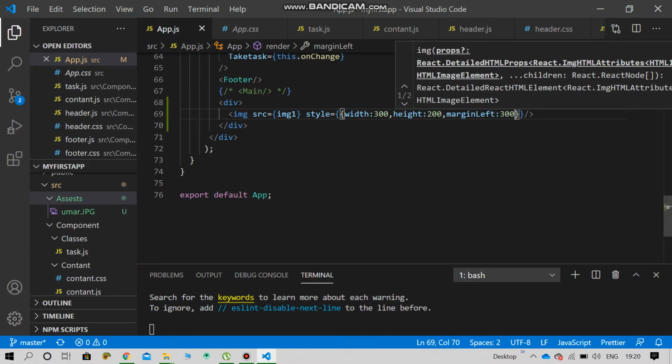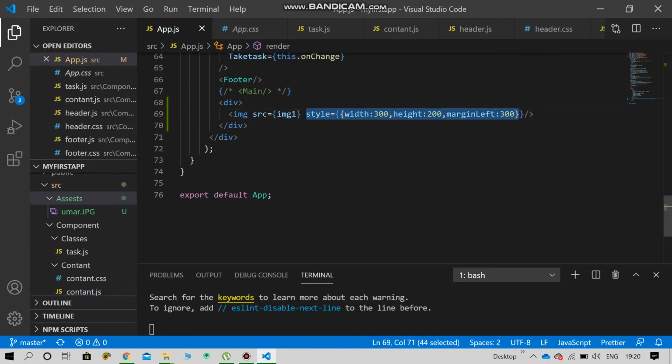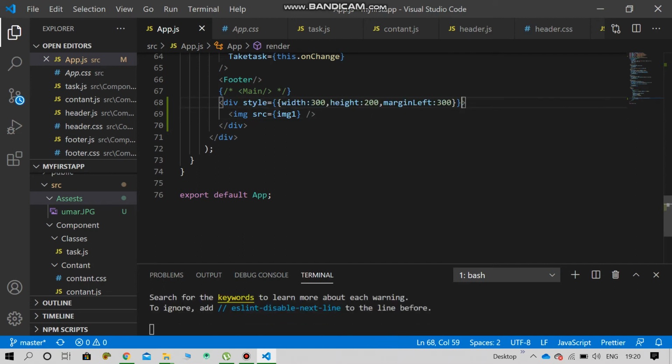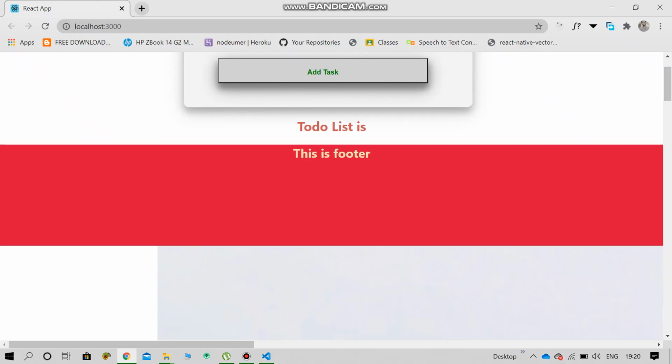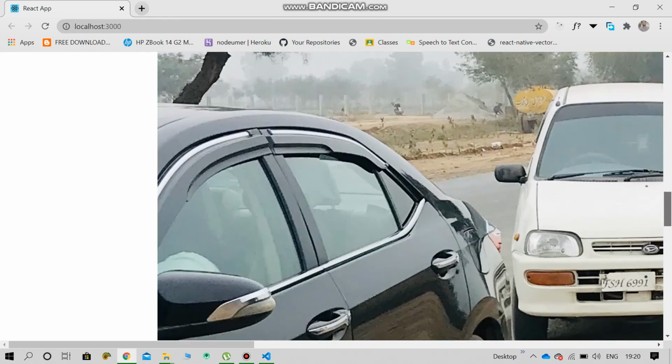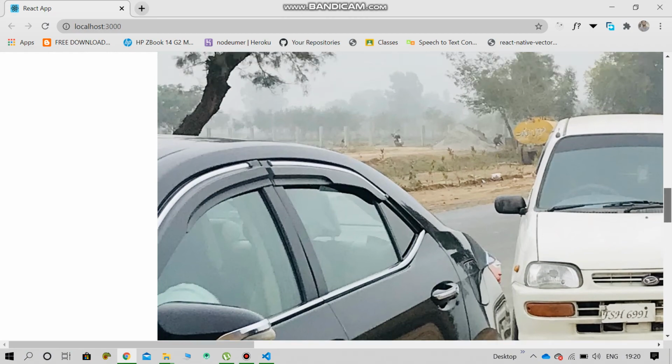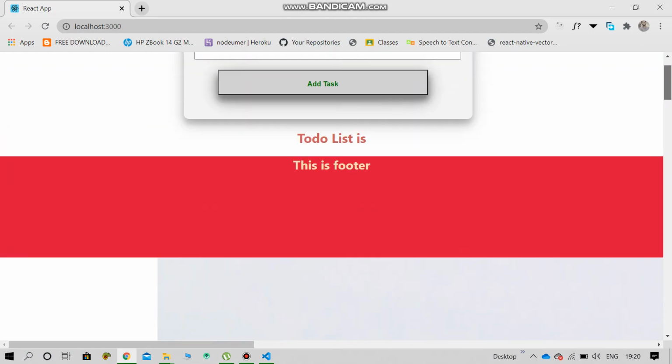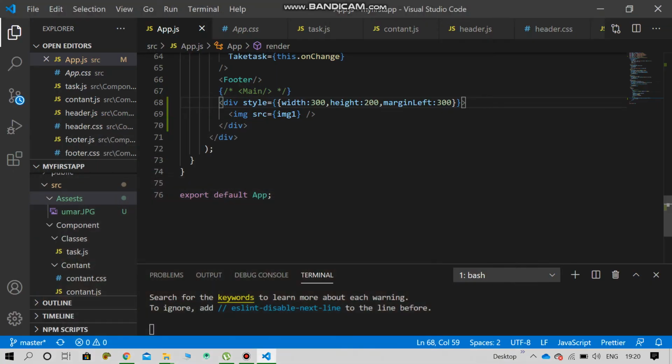So if you want to experiment here, you cut from this and paste in the div. So our image is pasted, but our property is not set. That is applicable in React Native, not React JS.